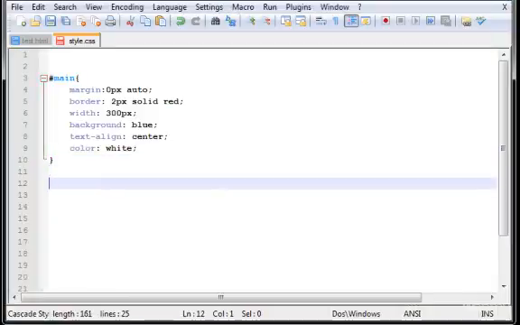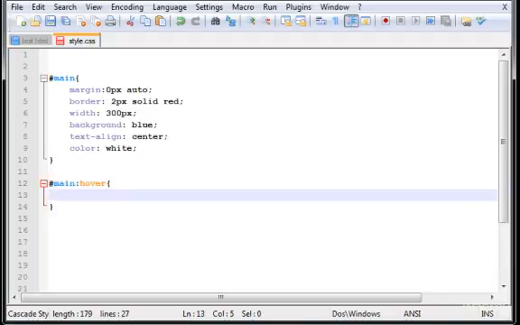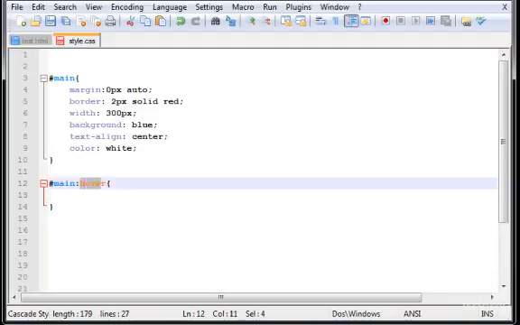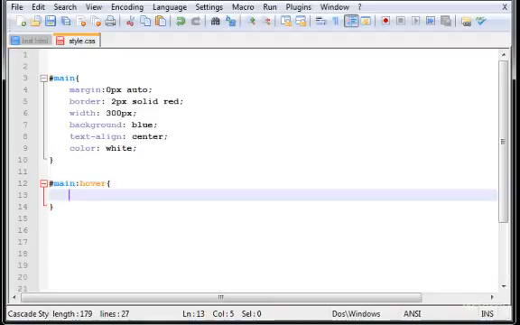And the first thing you have to type is main hover. A lot of you guys already know what this means. Hope so, because hover is a very important property in CSS. Basically, what do you want to do when you hover the main, in this case, which is the box? And what I want to do is WebKit